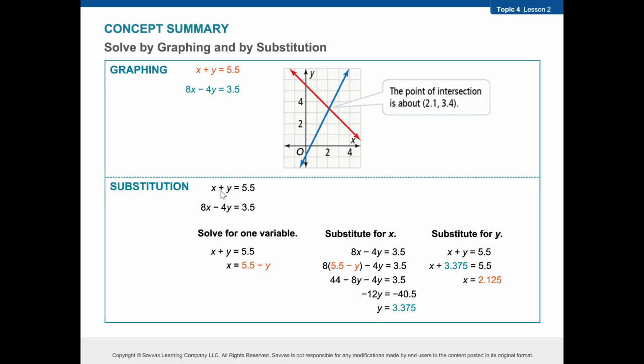So this is an overview. If both equations are written in standard form, then we have to rearrange one of the two equations. It doesn't matter which one. Go for the easiest one, and it doesn't matter which variable you decide to get by itself. Here they got x by itself by subtracting the y from both sides. Once they got a variable by itself, went ahead